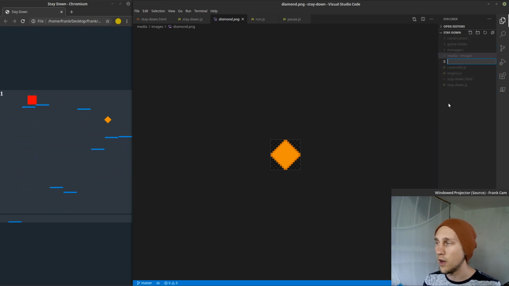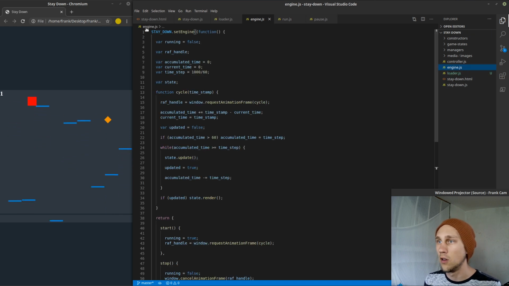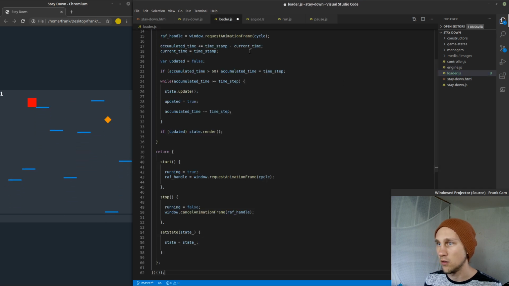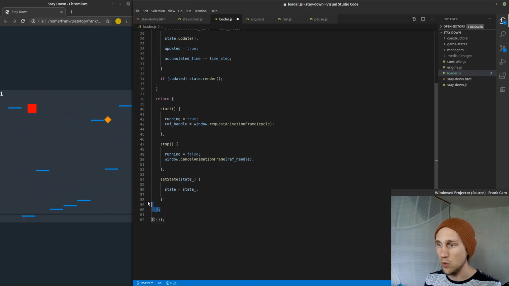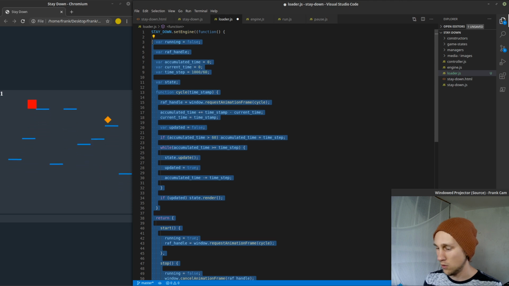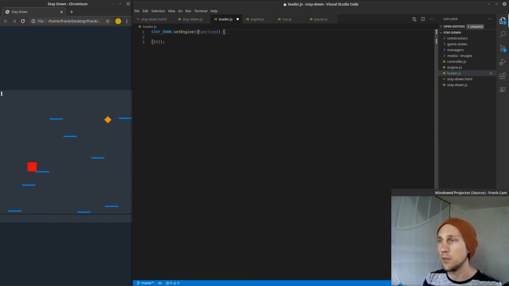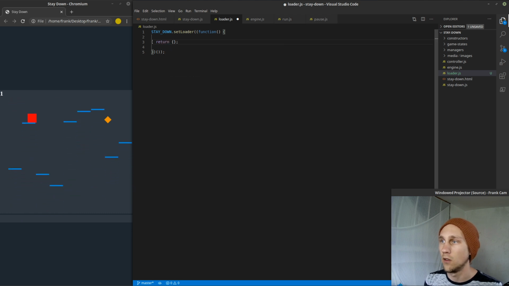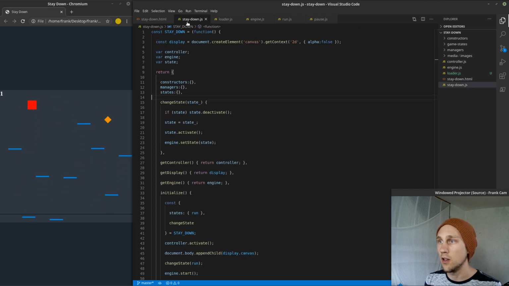I'm just going to say new file, loader.js. I'm going to copy this, do that, and remove all of this code. Probably could have just typed this out, would have been easier. Set loader, we're going to set it to a function that returns an object. Okay, so there's our loader object, and then inside of the main staydown.js file, we're going to go ahead and